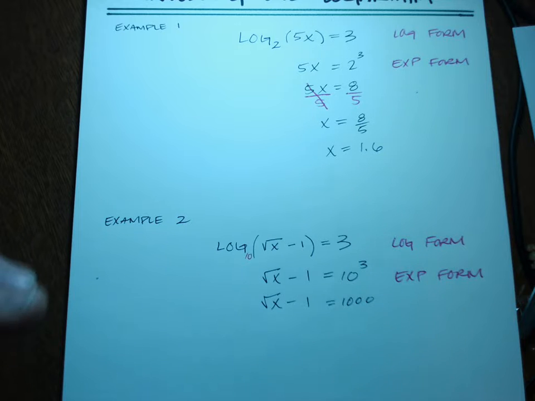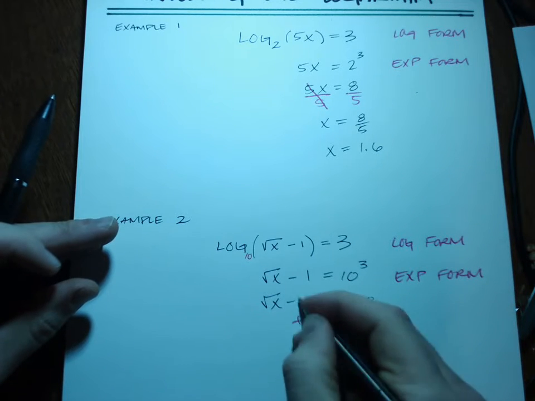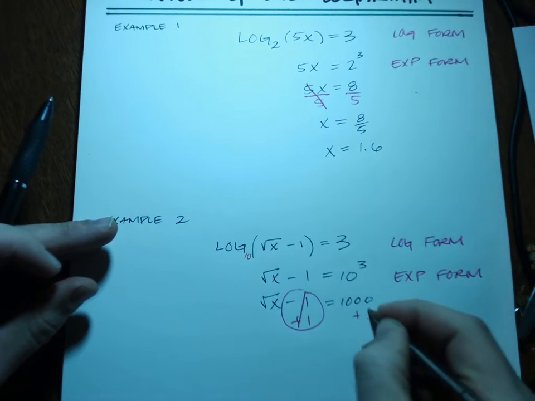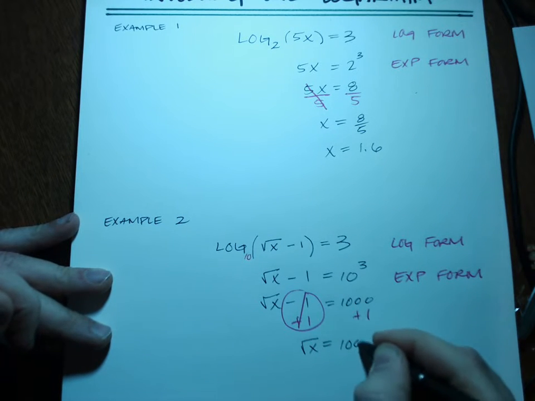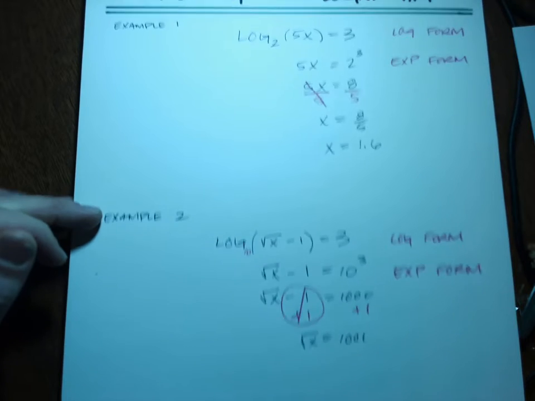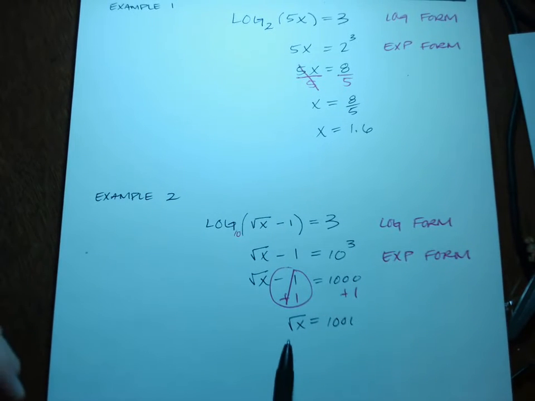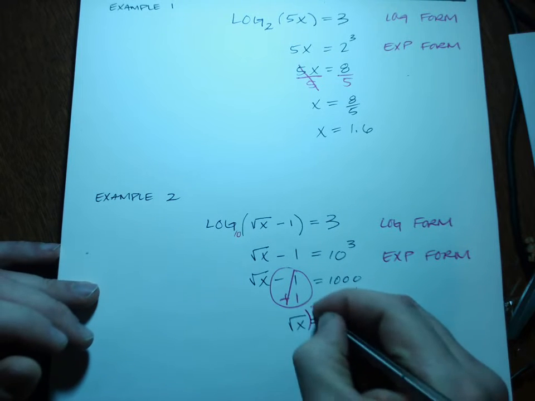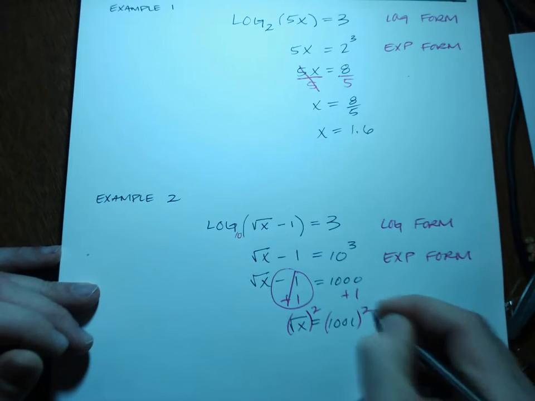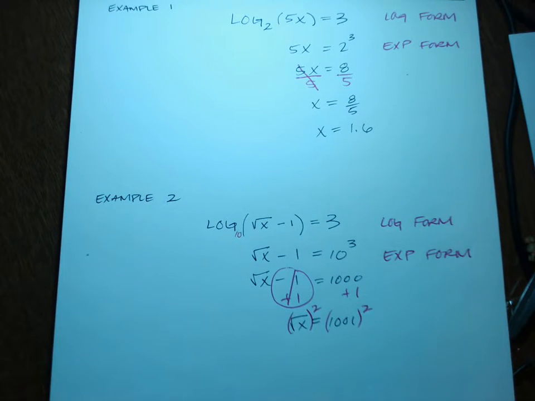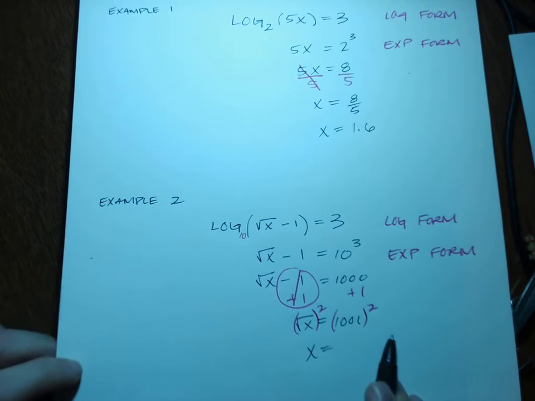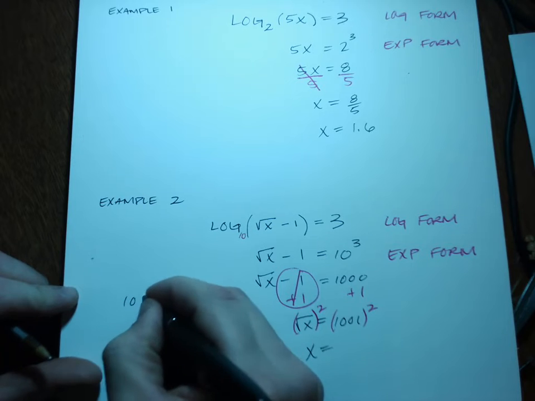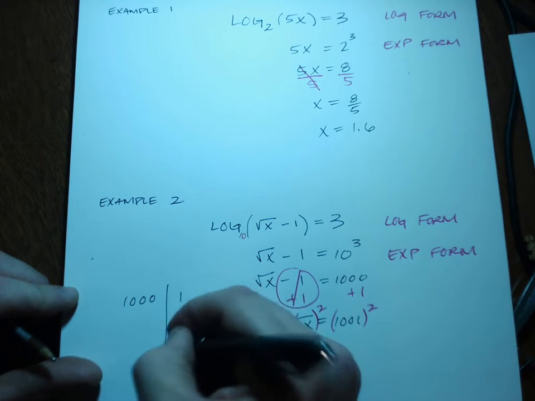So we're going to add 1. And the square root of x is 1,001. And then to undo the square root here, we are going to square both sides. All right, so x is 1,001 times itself. Let's go ahead and do that here. 1,001